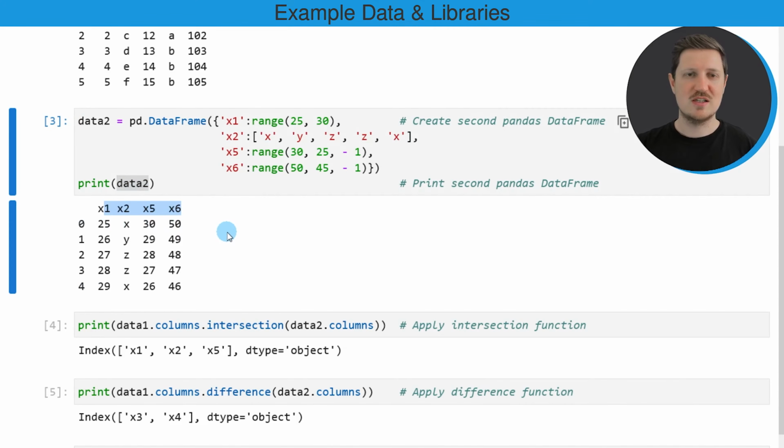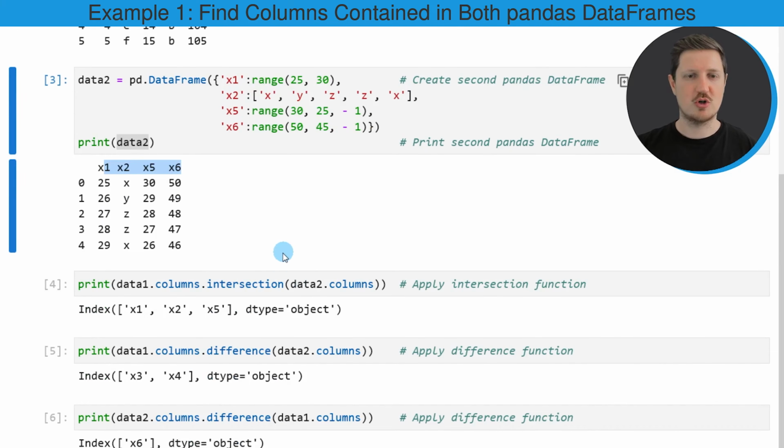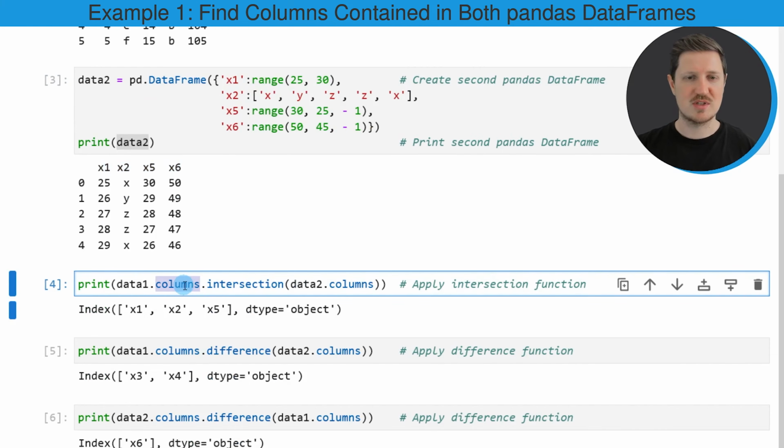Now you can also see some differences between these two data frames. However, I want to show you a more structured way on how to compare the headers of these two data frames. So in the first example that I want to show you, I'm using the columns attribute and the intersection